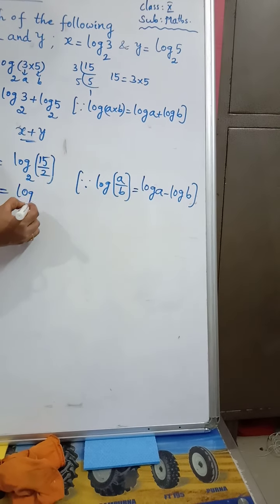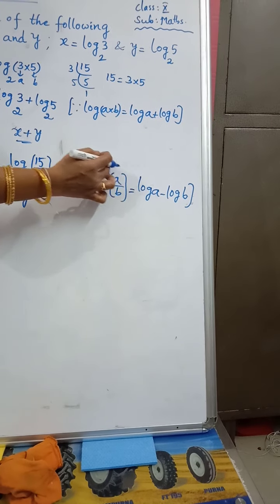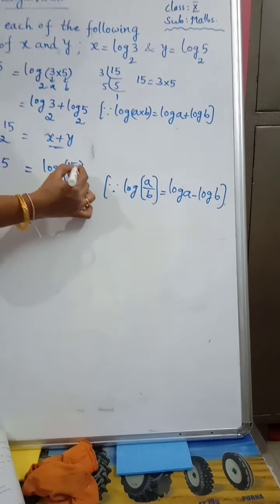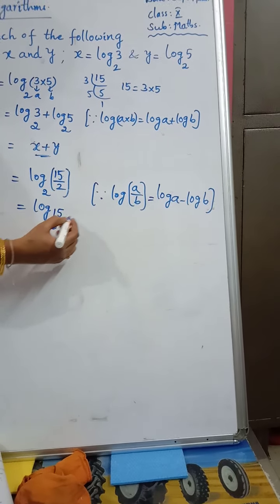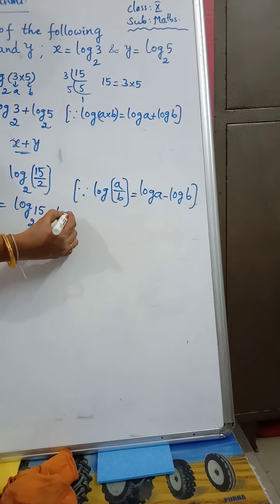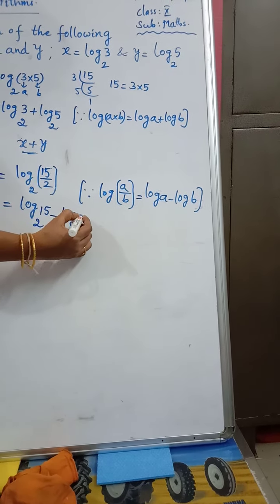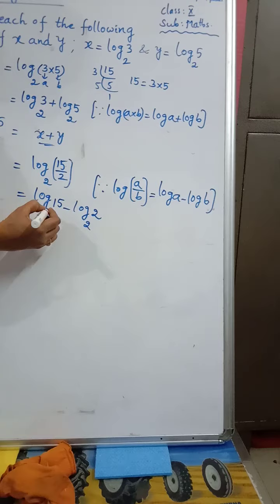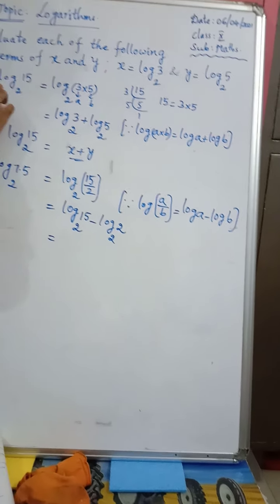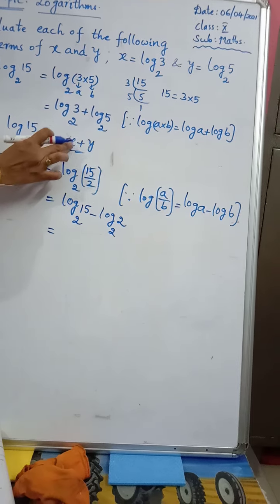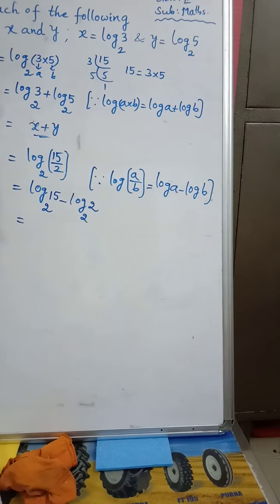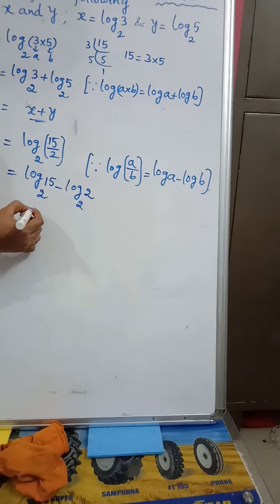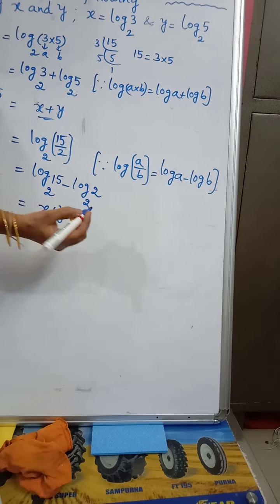That is log a. What is a here? a is equal to 15. The base is the same for these two terms, a and b, so it is base 2, minus log b. What is b here? 2. The base is the same, so log 15 base 2. Just now we learned in the first question the log 15 base 2 value: x plus 5. We can substitute directly here. So we write x plus 5 minus log